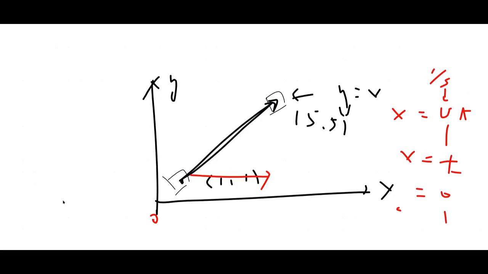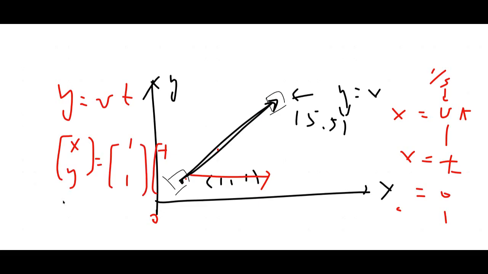When t equals 2, your x is 2. Same thing, your y is also equal to vt. So your x, y equals 1 times t, t. Then your car is moving on the line here, okay? So x equals y is your path,